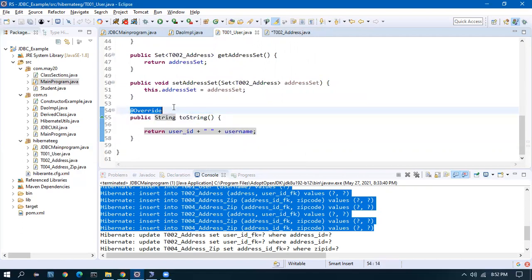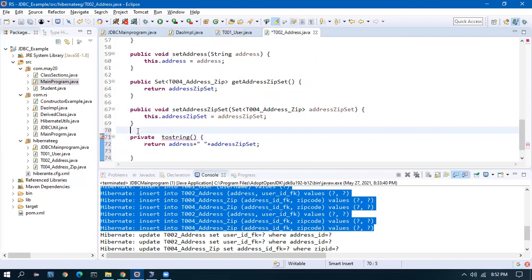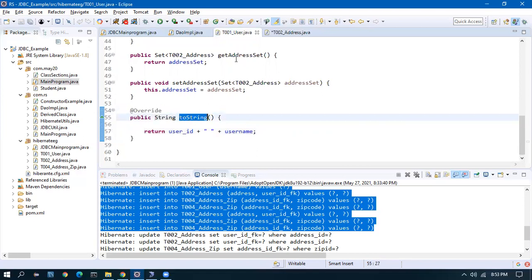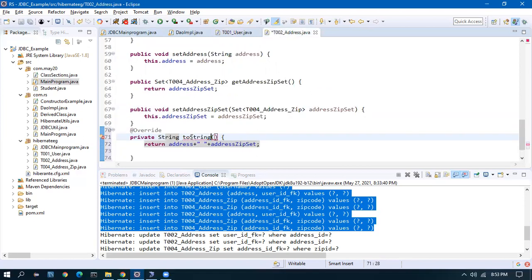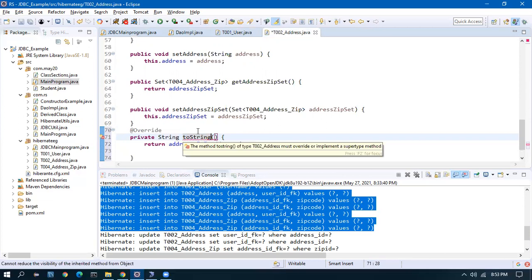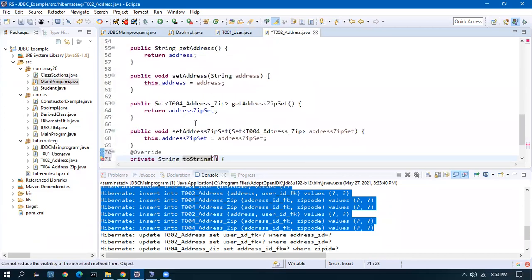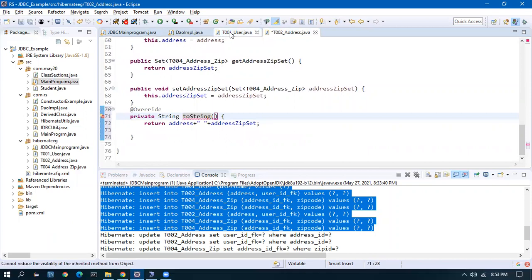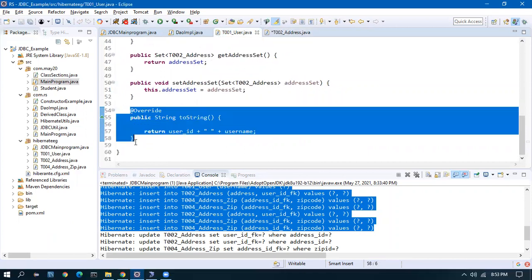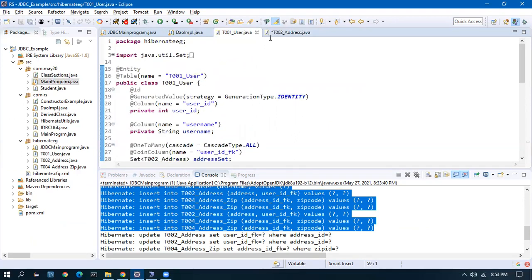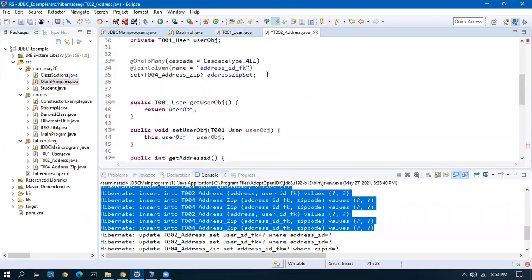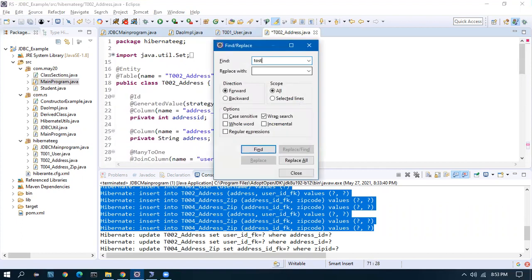Override toString. Duplicate. Do I have a toString here?